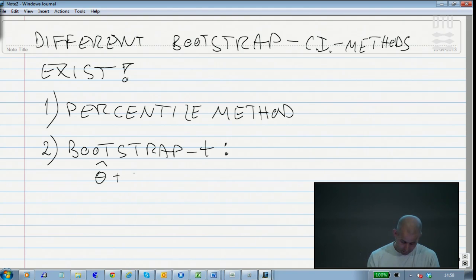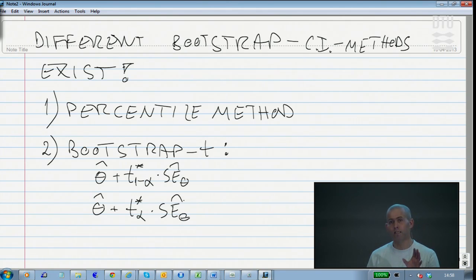You would take the 1 minus alpha of something, and I call it T star, of some distribution, times the bootstrap standard error. I write it like this. And then we take the two quantiles of this, the alpha and the 1 minus alpha quantile, so in a way we construct the confidence band like a T-based confidence interval.